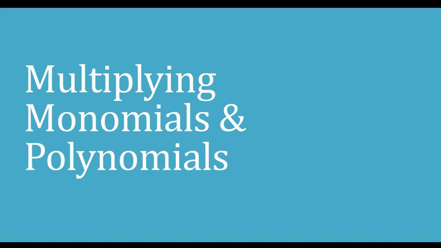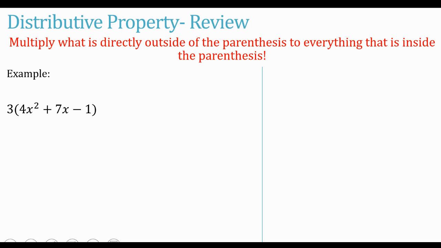Everyone, so today we're going to be going over how to multiply monomials and polynomials using the distributive property. So the first thing I want to go over is just a little distributive property review. Remember, when we're distributing, we're going to multiply what is directly outside of the parentheses to everything that is inside the parentheses. So in our example, we have 3 times open parentheses 4x squared plus 7x minus 1 close